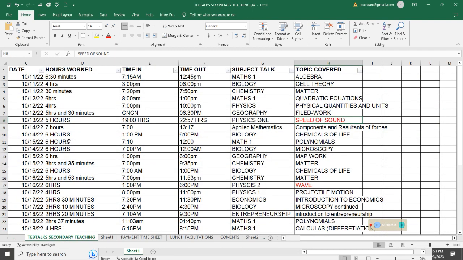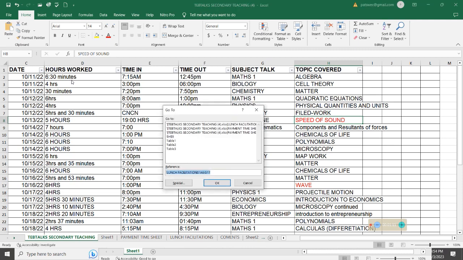So when I'm on this sheet, I want to navigate to different tables and sheets within this. So I'll go ahead and press Ctrl plus G. Now when I do that, you see I'll get a dialog box window on the screen saying Go To. Now you see the number of